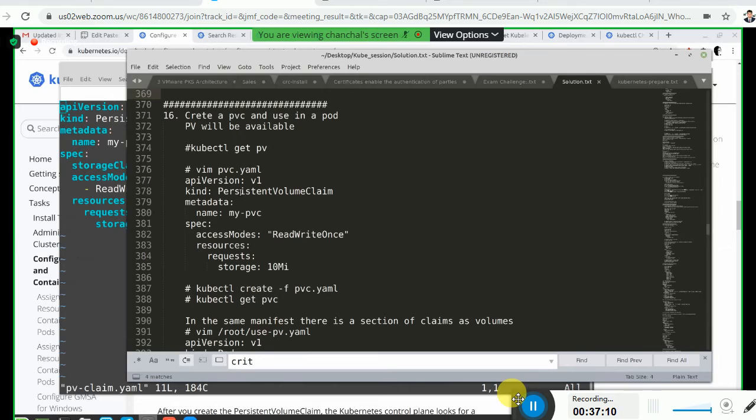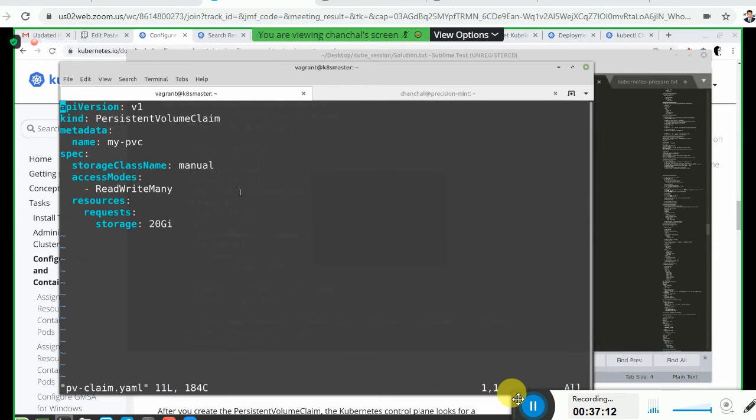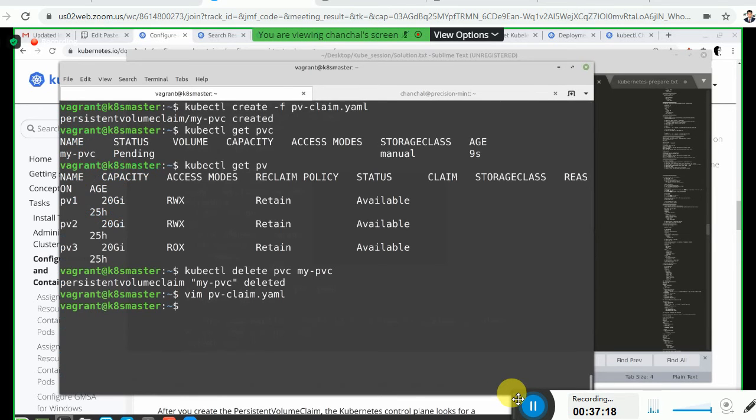Because in our PV also it is 20 GI, isn't it? So no problem there. Reclaim policy retain, RWX, ROX, PV3, and all of them are available.